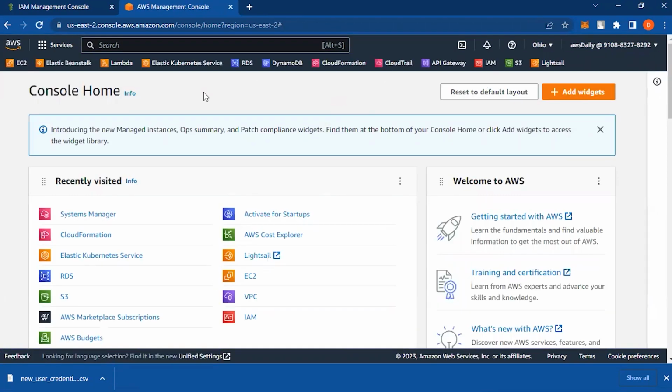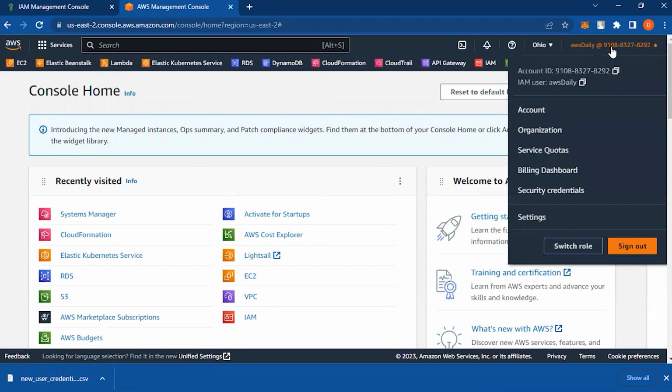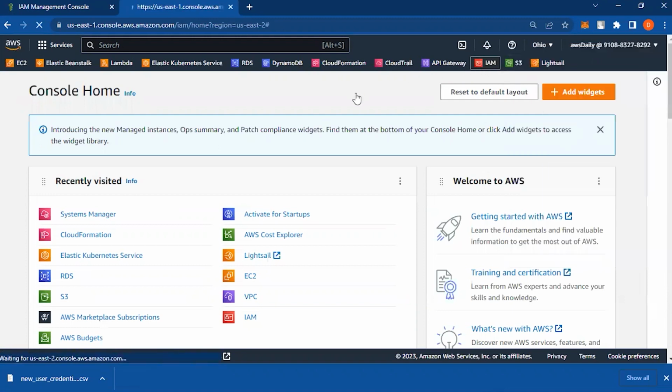So we've created a new user and we've successfully signed in with this user. To prove that this is the user, on the top right hand corner, click on the name there. You see that this was previously called Cyrax, but now it's AWS Daily. And this user only has permissions for the S3 bucket. So if I click on IAM right here and I try to check,